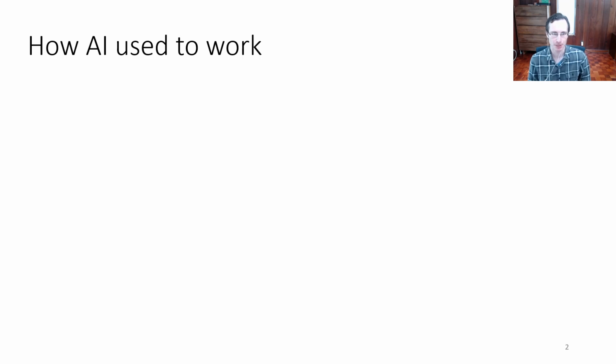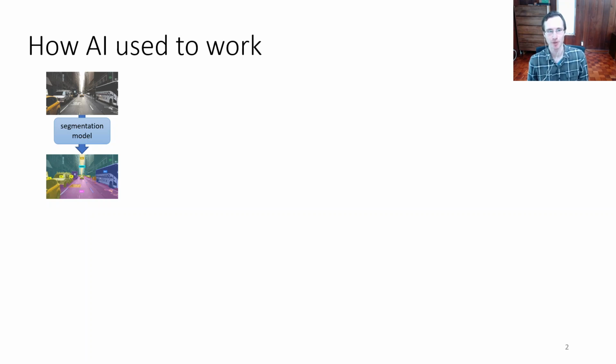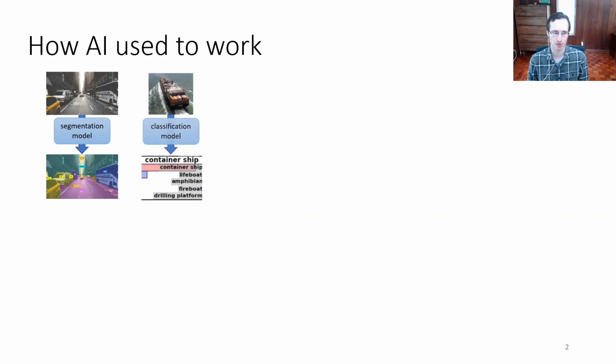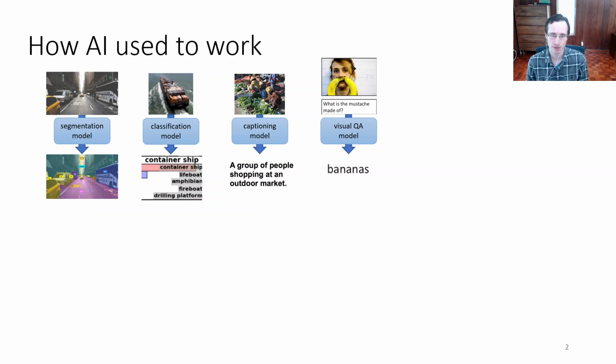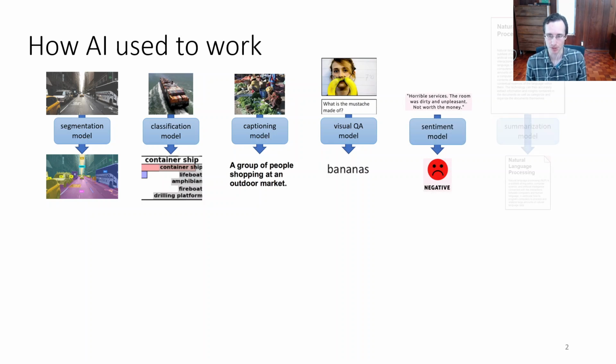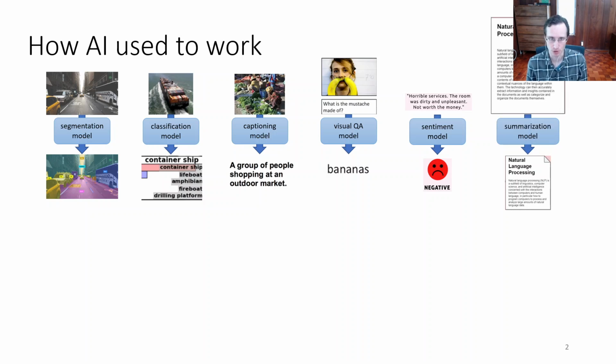If we go back about a decade in AI research, generally the way that we would approach building a model for a particular task, like for example image segmentation, is that we would collect a large labeled dataset for that task, and then we would train a dedicated model for that task specifically. And we would collect separate datasets and train separate models for segmentation, classification, image captioning, visual question answering. And the same thing held for other modalities, so if you want to do sentiment analysis or document summarization, in each case you would need to collect a fairly large, strongly labeled dataset and train a dedicated model for that